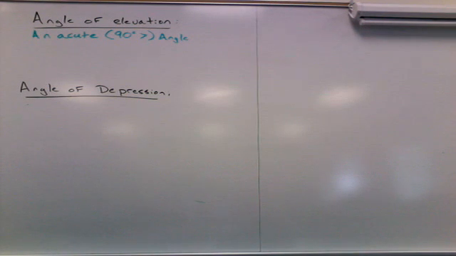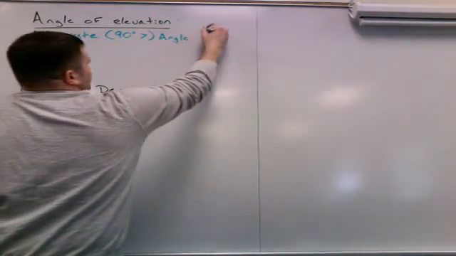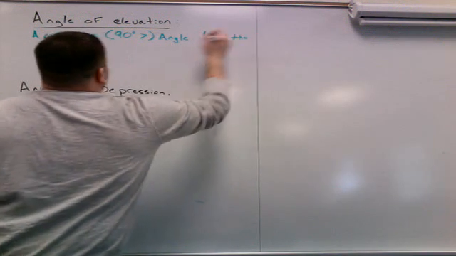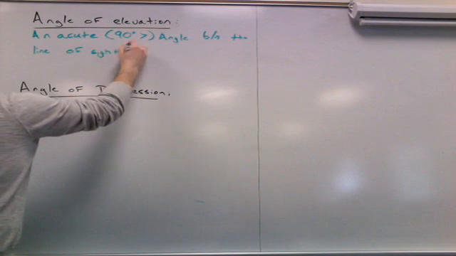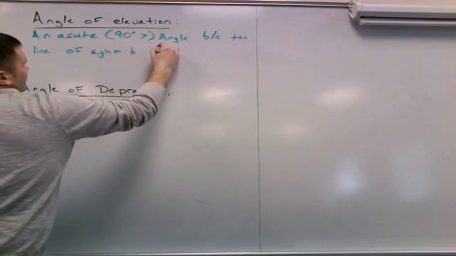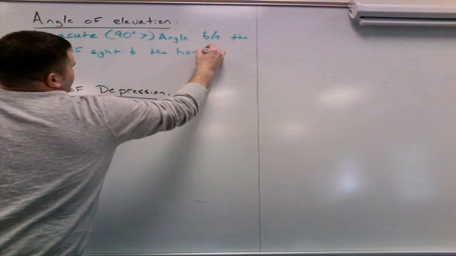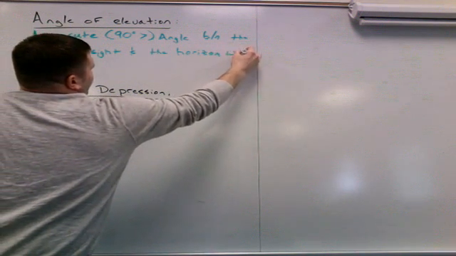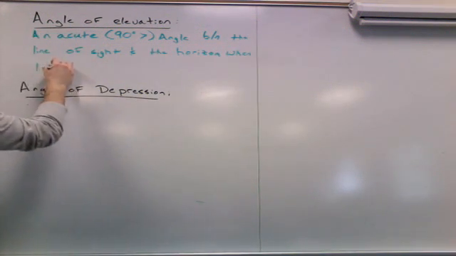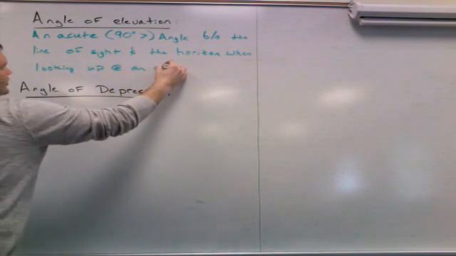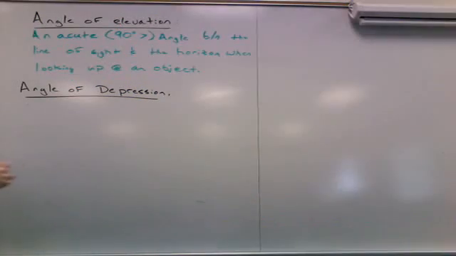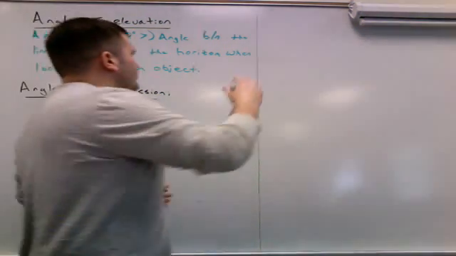Okay. An acute angle between the line of sight and the horizon when looking up at an object. So the angle of elevation is an acute angle between the line of sight and the horizon when looking up at something. So